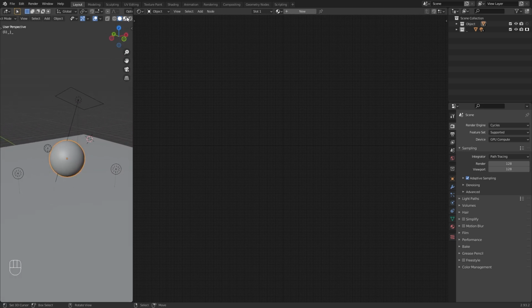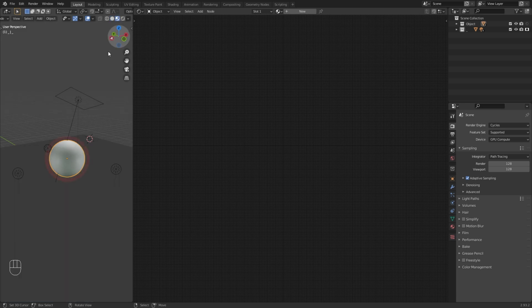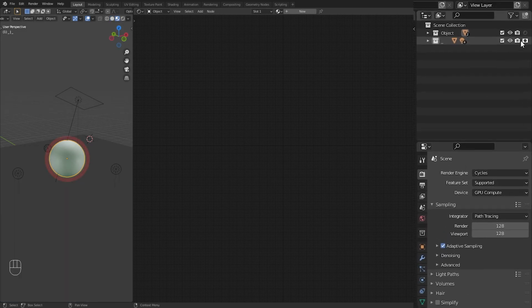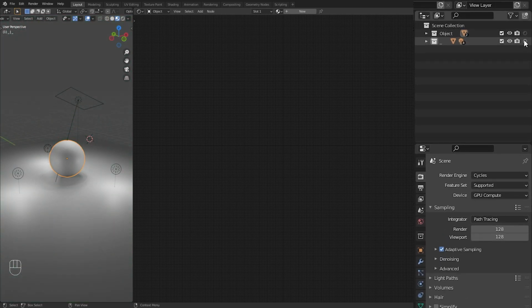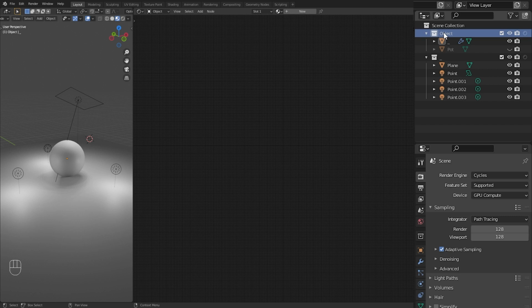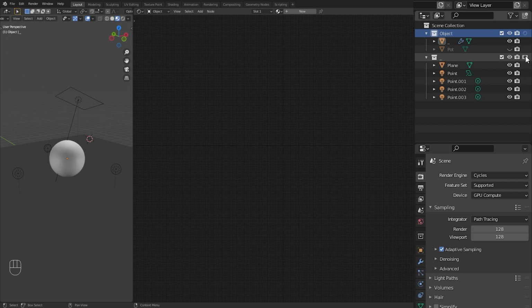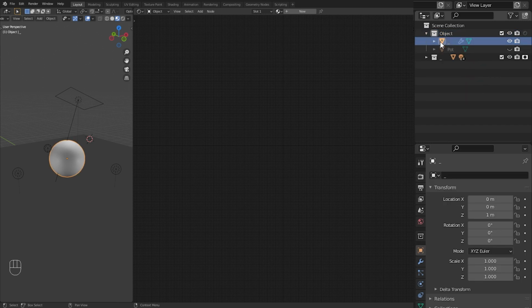Here you can see that only the sphere is rendered in the material view. This is set in the holdout option of the outliner. With this option, you can remove a collection of objects from the render scene and set a black layer for its render area. Here, demo objects and all other objects are in separate collections. So, by holding out the existing collection of other objects, only the demo object is displayed in the material view.